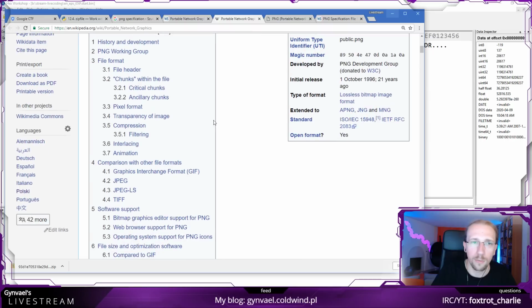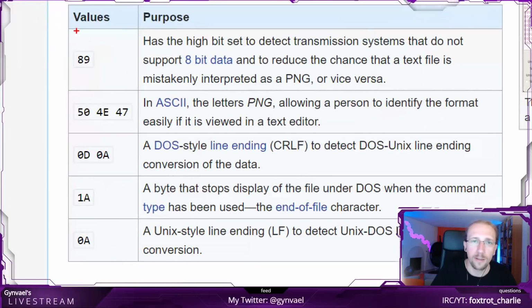So let's go to Wikipedia, and we have the file header.